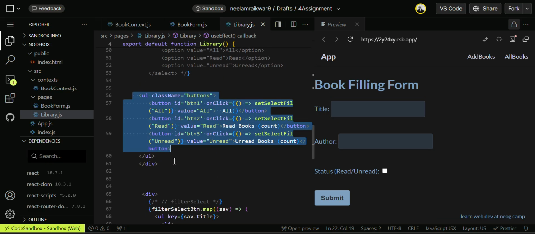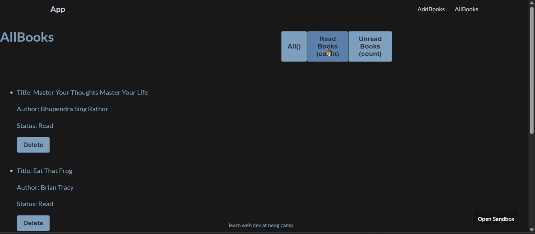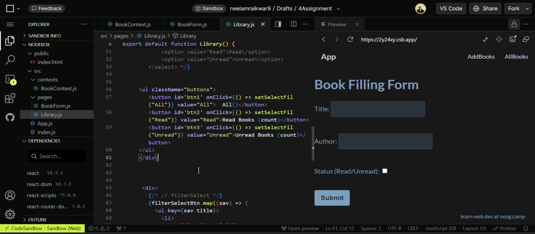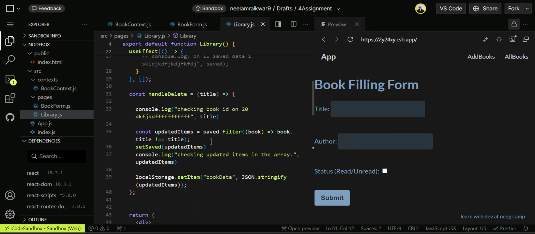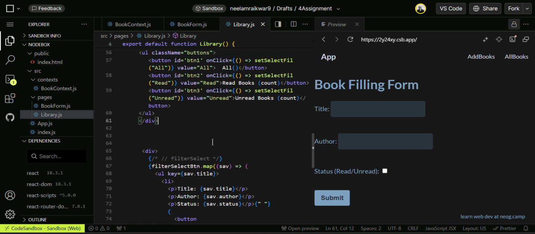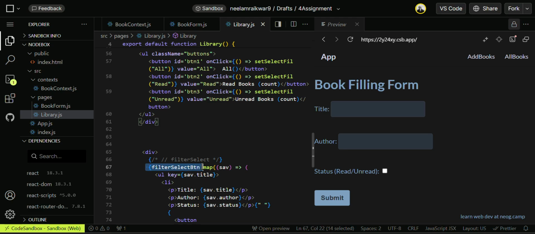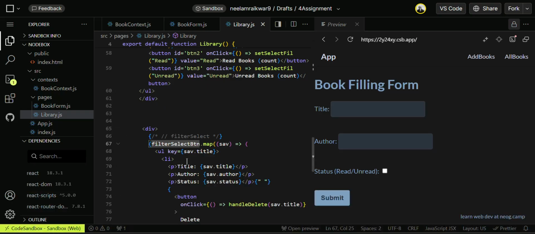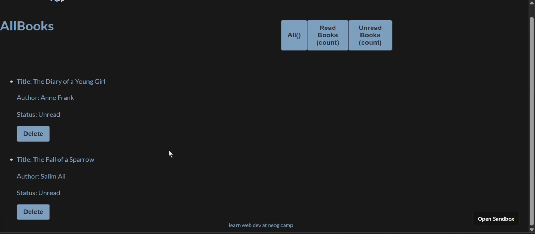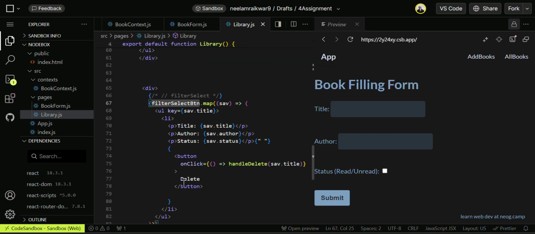These are my buttons which I am filtering, and here is my filter select button, and I am mapping over this data from this filtered select button. This is how it is rendering on the screen: title, author, status, and delete button.